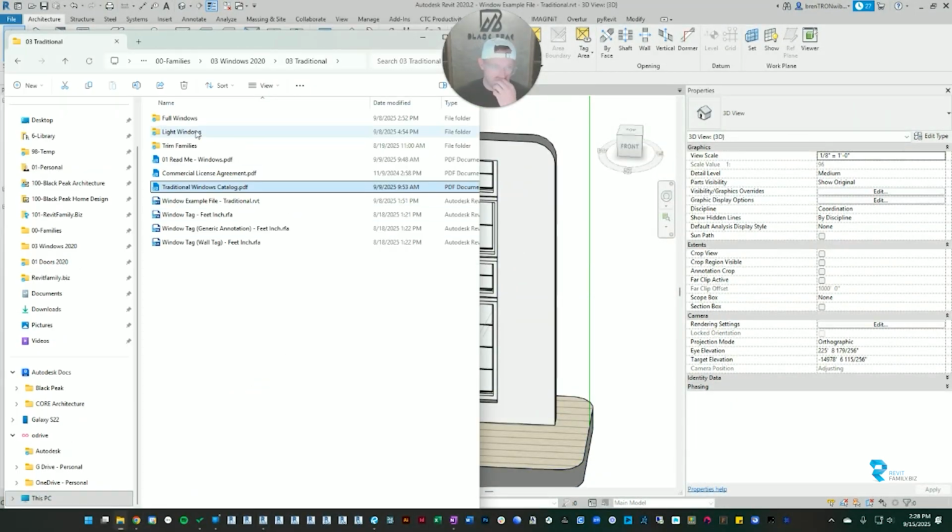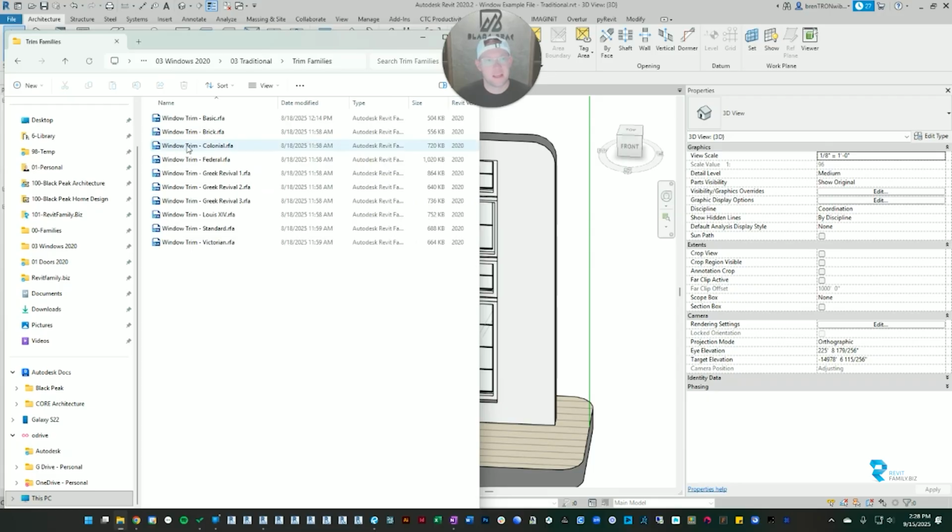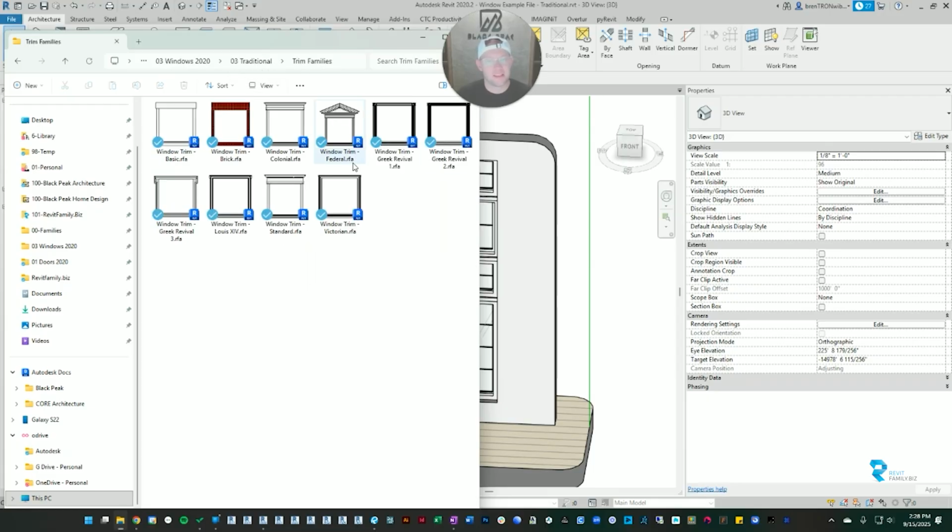Now, if you watched the first video, I showed you the structure of your download file, and I showed you that there is a folder called trim families. And if you open that up, you'll see all of the trim styles that came with your download. So for us, let's just load in, let's say it's a brick exterior. So I'm gonna